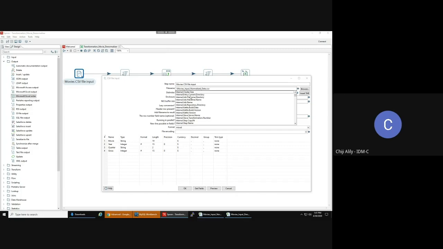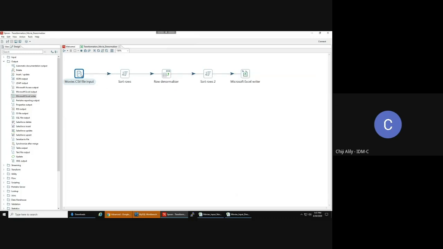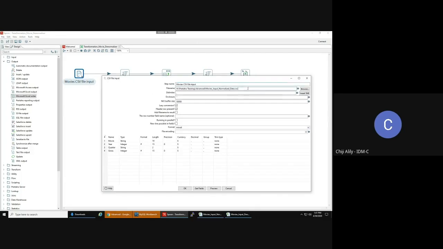And here's the variable that I want to use, internal entry current directory. What this variable is doing essentially is that regardless of wherever the transformation is moved to, it's going to be able to locate it, right? Because currently, I'm just going to press cancel. Currently, this is specifically pointing to this H drive location,